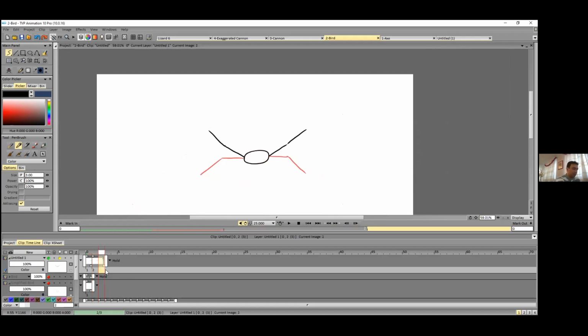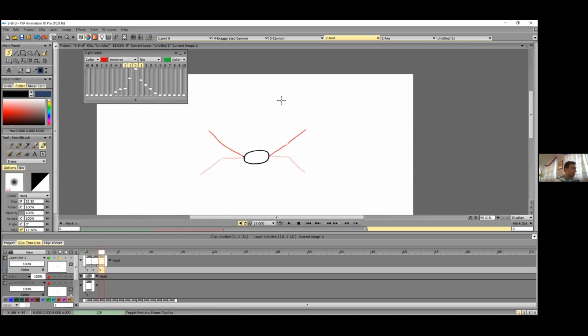Next frame. In the next frame, the first part is going down. Then the second part should be dragged behind the part and should be like this.